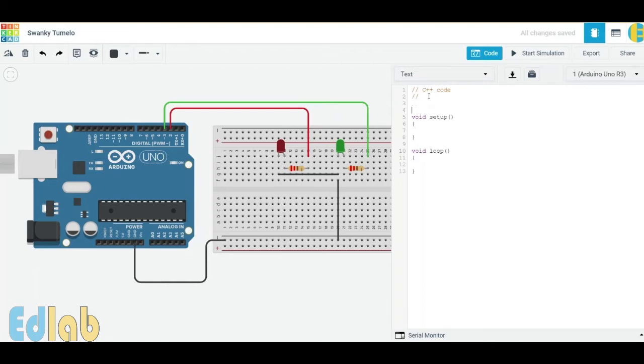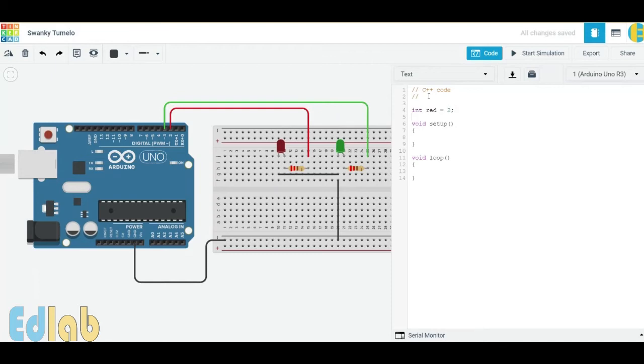Okay, so first of all we will create variables, giving names to the pins which we are using for Arduino. The data type for the variables we will use is integer, and the code for that data type is int. Pin number 2 is connected to the red LED, so we can just use the name: int red = 2; semicolon.